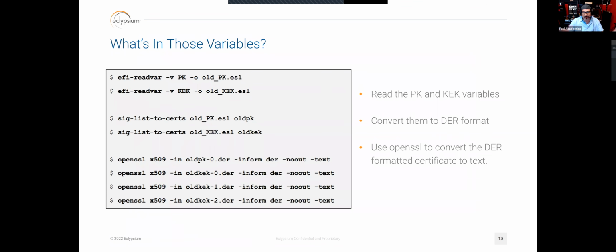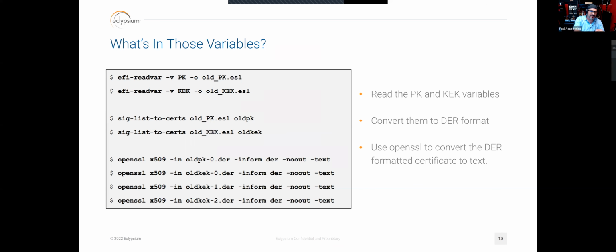Okay, so now that we know whether secure boot is enabled on our systems or not, I want to go through an exercise and understand what's in the variables on my system, because this is going to differ from system to system. What are in the PK and KEK variables on my system? You can actually read this. If you use the commands that I outline on this slide, you can read the contents of these variables and enumerate the certificates, and who's been issued those certificates that exist on your system. This is important when we get to how to update the DBX on your system,